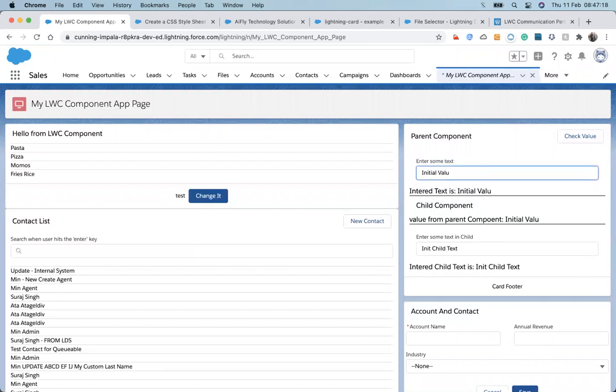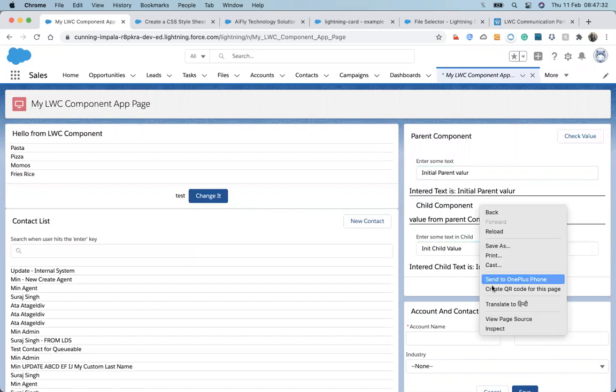Okay, it's making changes. Similarly, I just created a child thing, so it will make changes in the child component. These things are related to the child component, and these things are related to the parent component.